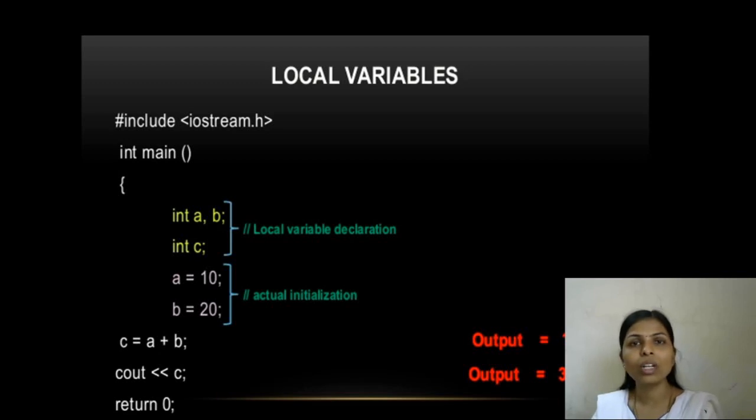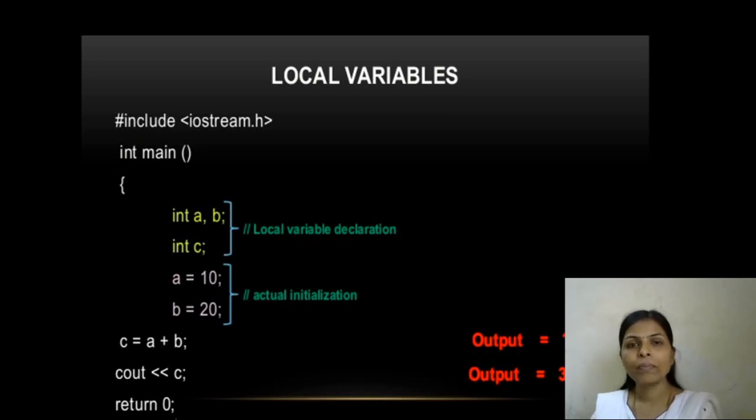Afterwards we have to put this C variable. To display the output on the screen, we are using the object cout, the insertion operator, and C, and each and every statement is enclosed by a semicolon. And afterwards I have written return 0, because the data type of the main function is int. So in this short program we can do the addition of two numbers.